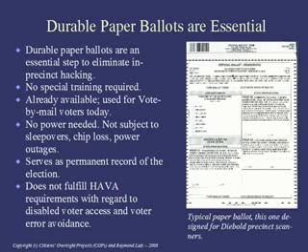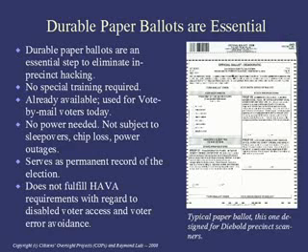These ballots are already available because they're used for vote-by-mail voters today. There's no power needed. They're not subject to any sleepover issues, losing chips or power. And the really important thing is that they serve as a permanent record of the election that can be recounted at any time. The drawback is that it doesn't fulfill the HAVA requirements with regard to disabled voter access and